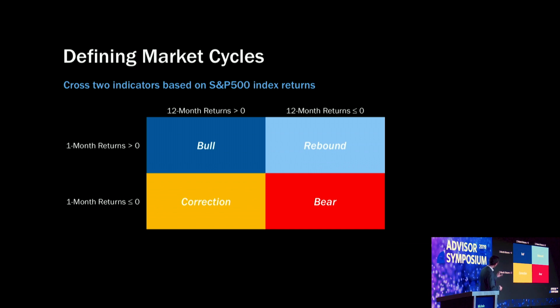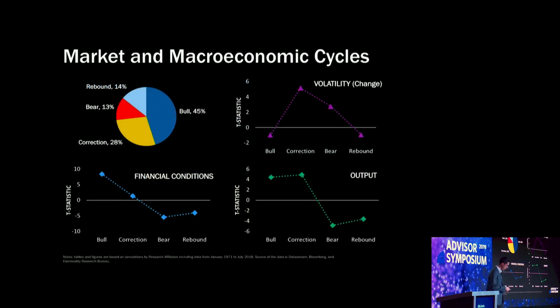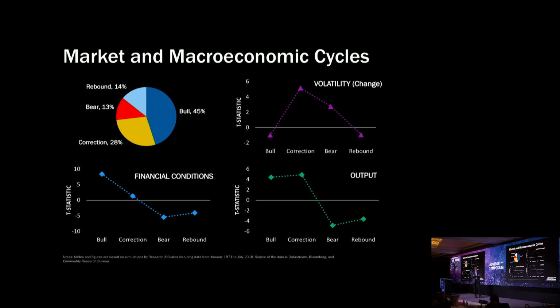So, all right, I got these four definitions, and I told you a story about these four definitions, but do they actually line up with reasonable variables? So in these slides I try to validate my choice of market cycles and their definitions. So first of all, I have here on the pie chart, I just show you the frequency